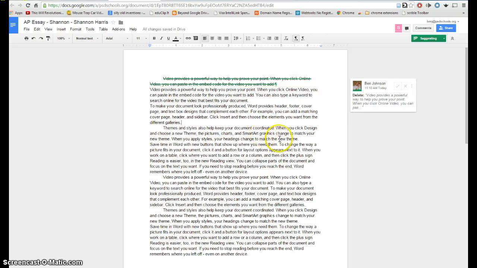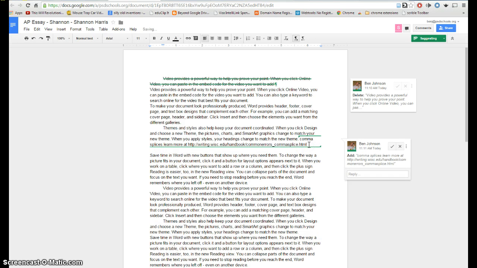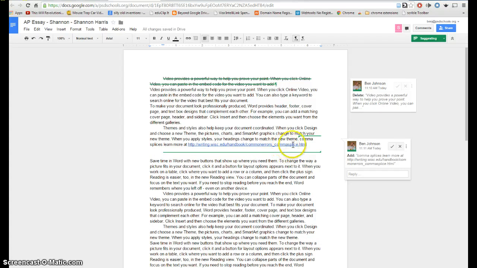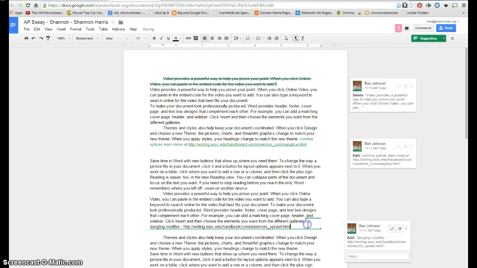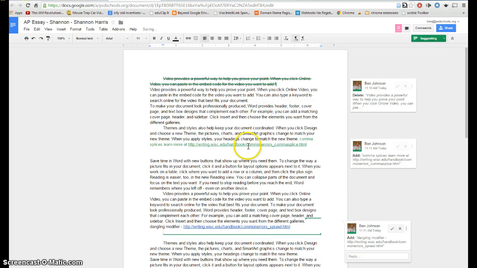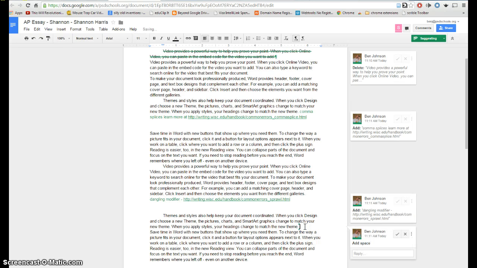If there was a problem, say with a comma, again, I can just go ahead and type in my code, and I think it was CS. I just look at my little cheat sheet here, and I just type in CS, and you can see then it puts that comma splice, and it tells them to learn more there. Okay, if I've got a dangling modifier, say here, I can just come in and type the DM, and that's going to put my dangling modifier in along with the link that the students can use to learn about that particular error. If I wanted to just make a general comment,